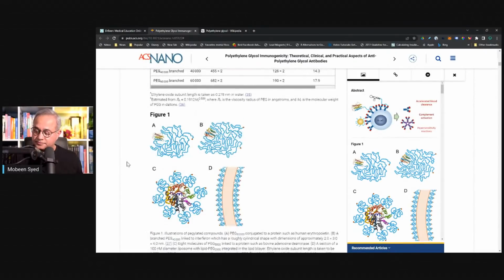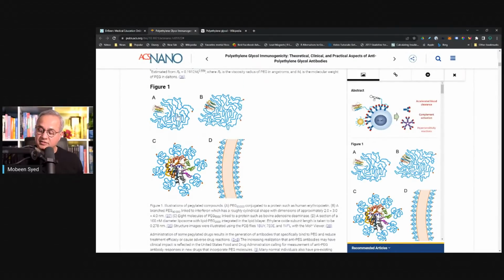Down here, these blue lines are polyethylene glycol. And stuck with them are these tiny little proteins. These are the ones that are using this polyethylene glycol. And here, this little diagram where there is a part here, this is actually a lipid nanoparticle, and these blue ones are the polyethylene glycols mixed with it. And now the question is,